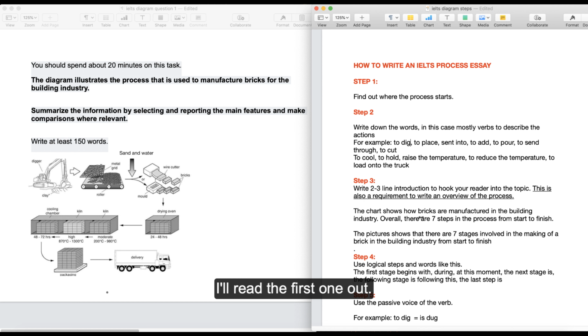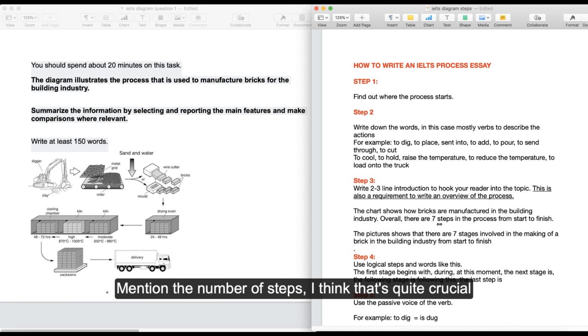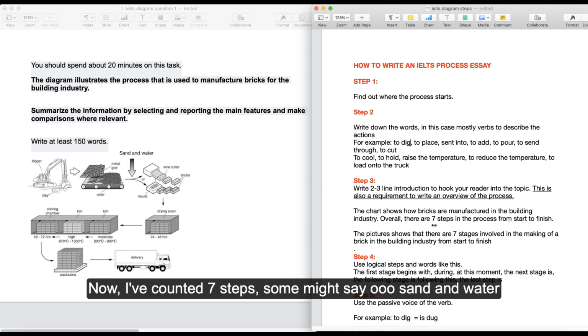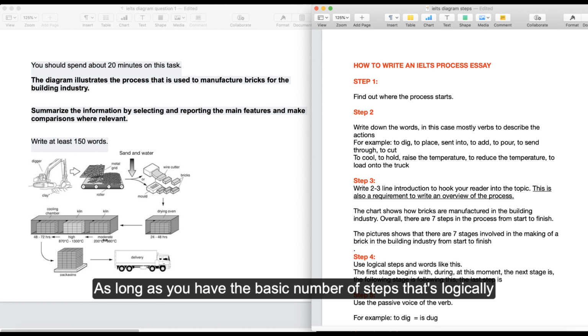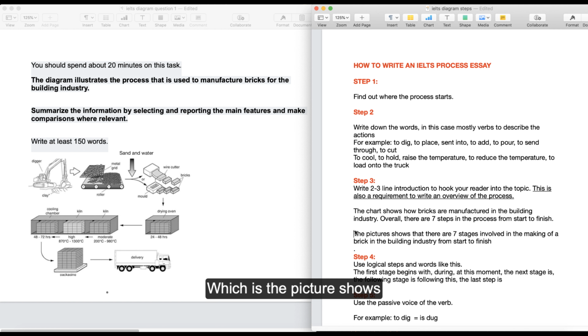The chart shows how bricks are manufactured in the building industry. Overall, there are 7 steps in the process from start to finish. The clue here, or the hint here, however you want to call it, is to mention the number of steps. I think that's quite crucial. Now, I've counted 7 steps. Some might say, ooh, sand and water could be an 8th step. Don't worry about it. As long as you have the basic number of steps that's logically present, that's all you need to do. I've written another one, which is the pictures show,